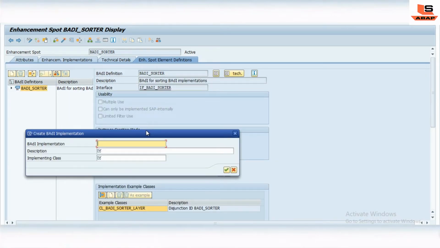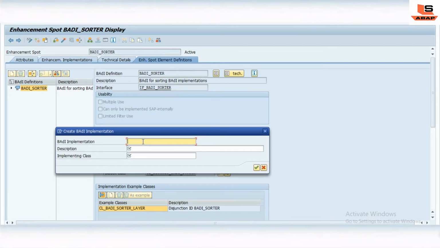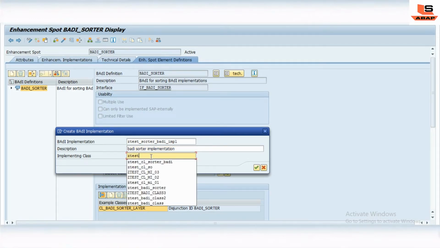Then it will ask for the body implementation name, so I will write Z test. I will use the same body implementation name, Z test sorter body implementation, and here we have to provide the class, Z test class sorter body.